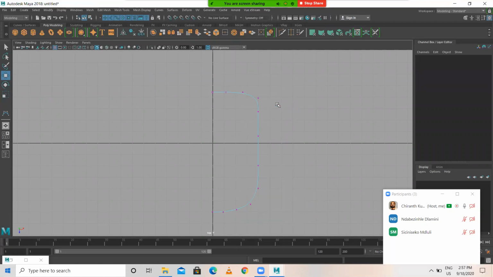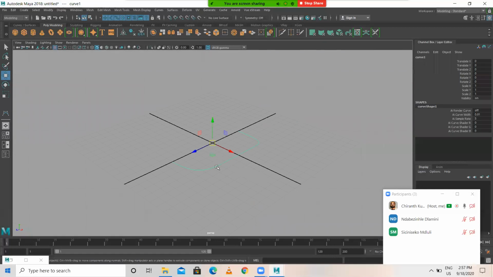So we created it something like this, one simple, one small curve.